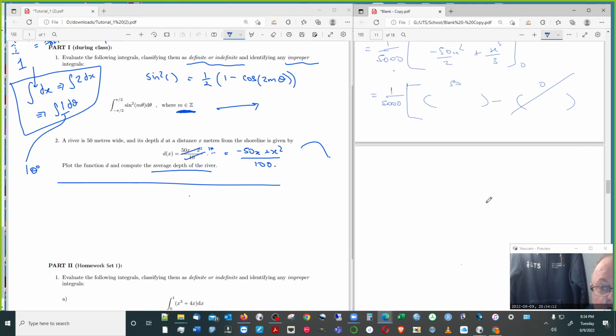So you can just shortcut that away. And so we've got 1 over 5,000. Sorry for being late tonight and taking you over time. So this is now going to be 50x squared over 2 plus 50 cubed over 3. And so if we go ahead and do that, we'll end up with